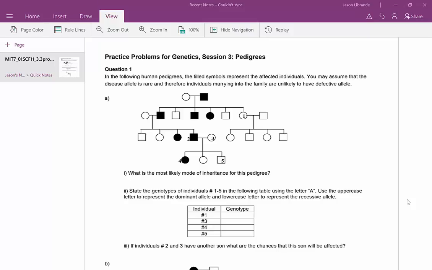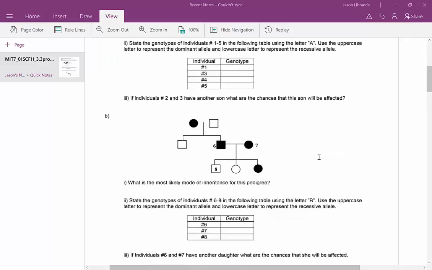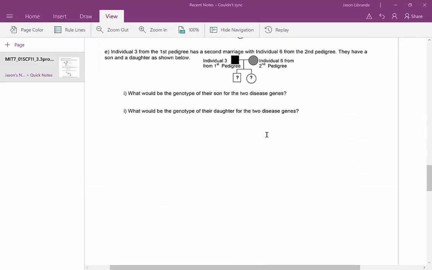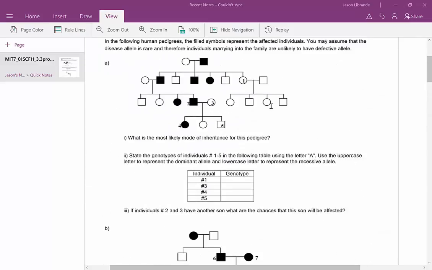So in this video, we're going to take a look at the practice chapter 4 section. This section focuses on pedigrees. Here I have assigned you a packet of pedigrees to look at, and most of them are going to have you try to figure out what is the pattern of inheritance, as well as figure out the genotypes of